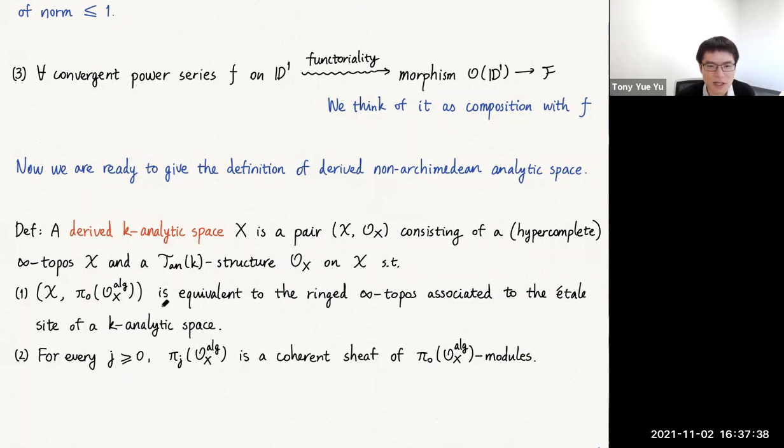But we have also studied the case where K is the complex numbers, and we consider this analytic structure, but not non-Archimedean, just the usual complex analytic structure. Then this actually gives some derived complex analytic geometry. But we didn't go very far in the complex setting because all of our motivations were from this non-Archimedean geometry. I see. Thanks.